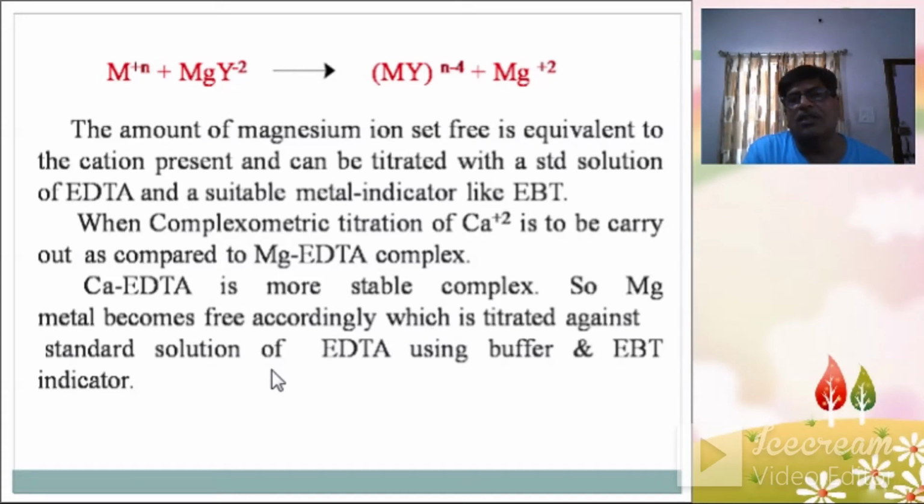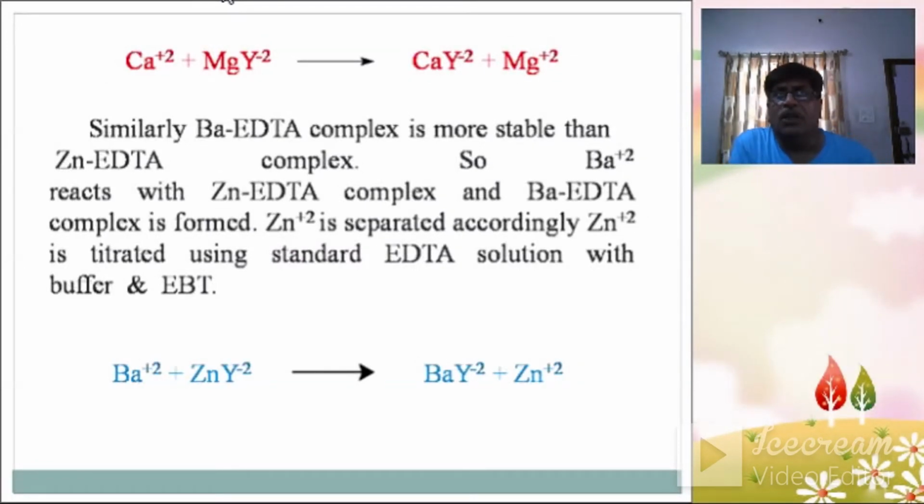For metal ions that do not have a good indicator, a second titration method is the displacement method. Here the analyte is treated with an excess of a second metal bound to EDTA. The analyte ion displaces the second metal from the EDTA complex, and then the second metal is titrated with EDTA. A typical displacement titration involves, for example, mercury as the analyte and magnesium EDTA; another example is calcium and magnesium.